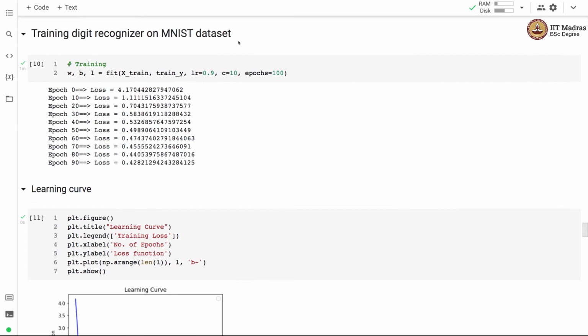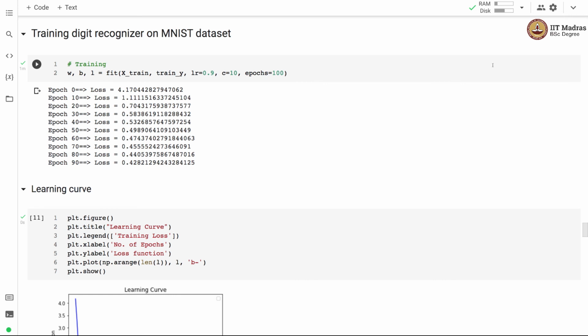Now that we have implemented different functions in softmax regression, we'll use it to train a digit recognizer on the MNIST dataset. So we call the fit function with the feature matrix from MNIST and the label vector, with learning rate set to 0.9, number of classes equal to 10, and we train the model for 100 epochs. You can see that the losses are going down with every epoch. Here we are printing the losses every 10th epoch, and you can see that there is a downward trajectory